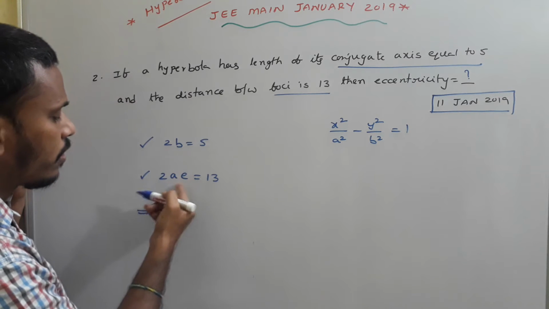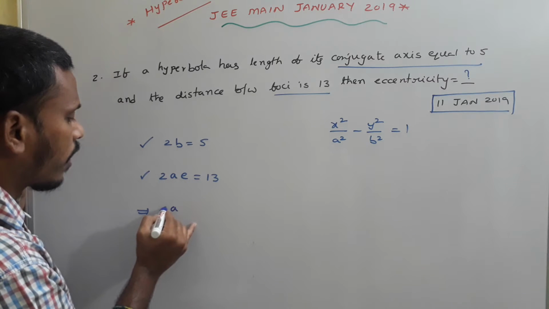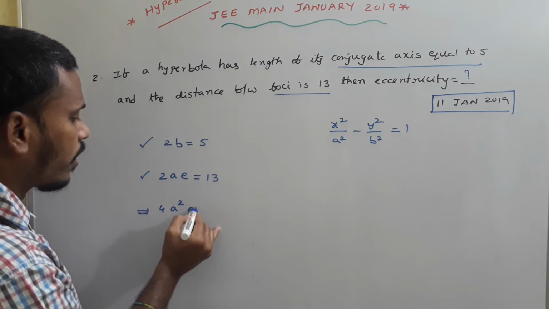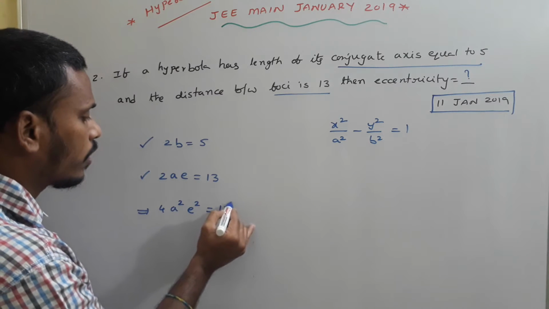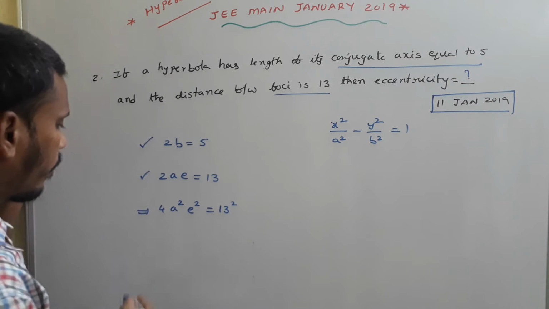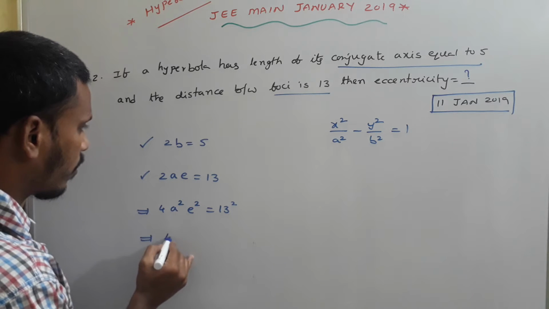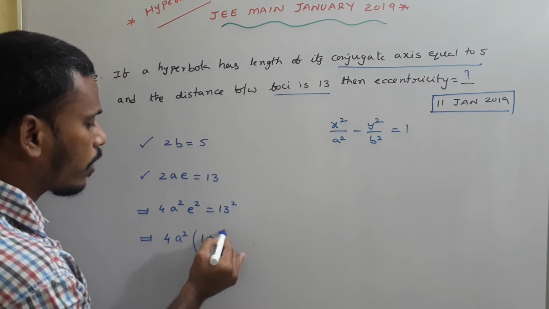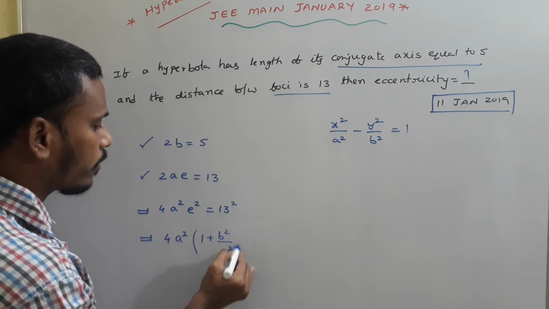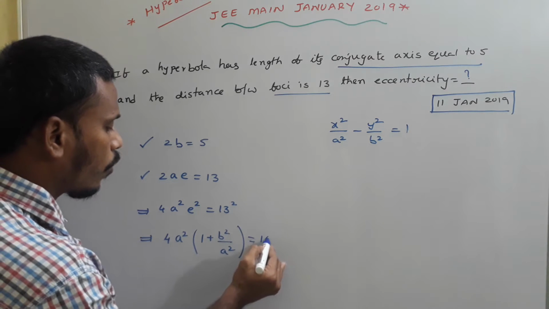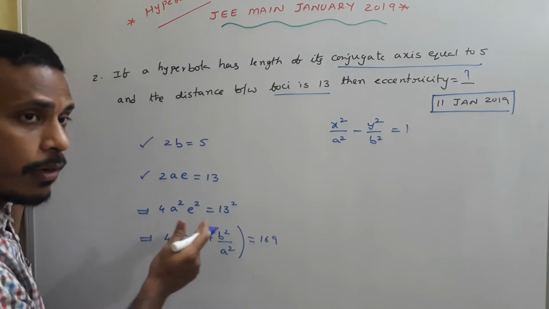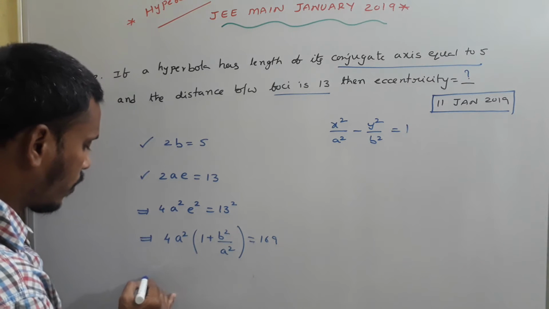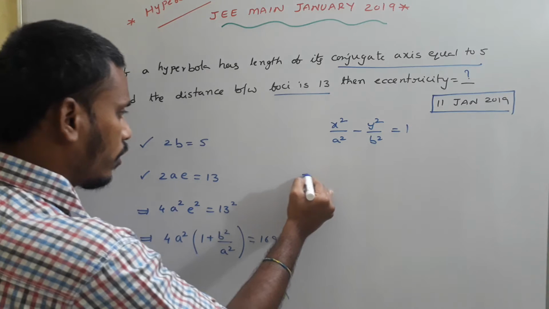We just divide with this, or otherwise 4a² e² is equal to 13², and that implies 4a² into what is e²? e² is 1 plus b²/a², that is equal to 169 when you multiply with a². So this implies